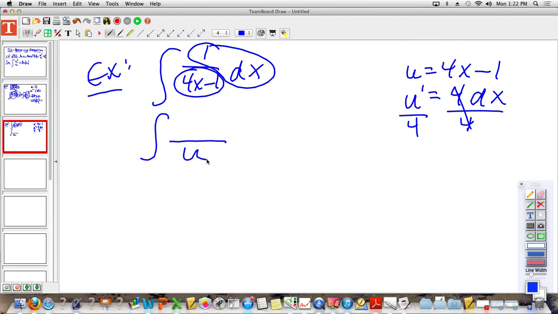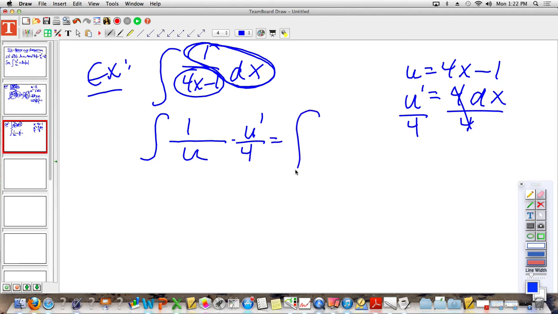And then on the top, I'm going to put a 1 there. And dx is actually equal to u prime over 4. That's what I have here. This dx times 1 is the same thing as dx. So I really have a times u prime over 4,